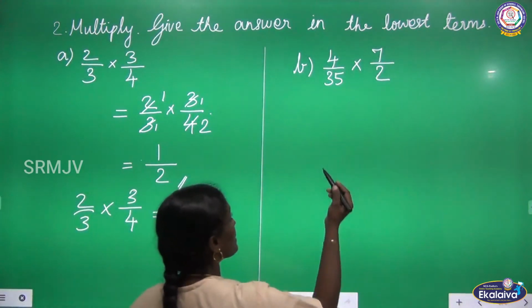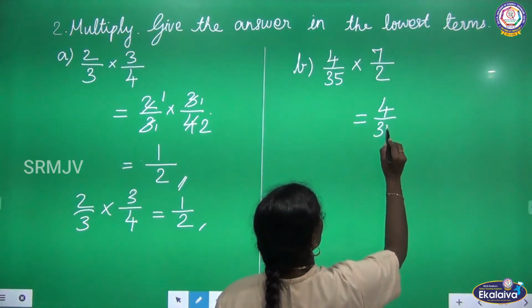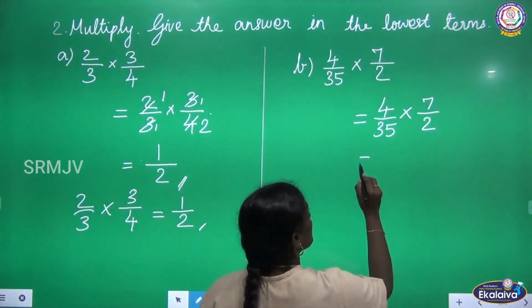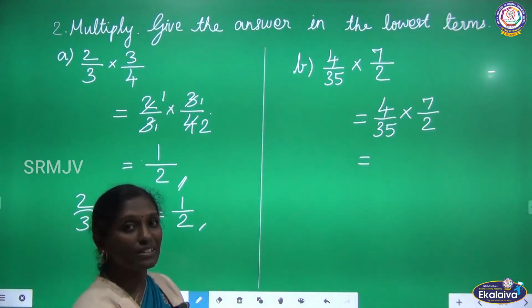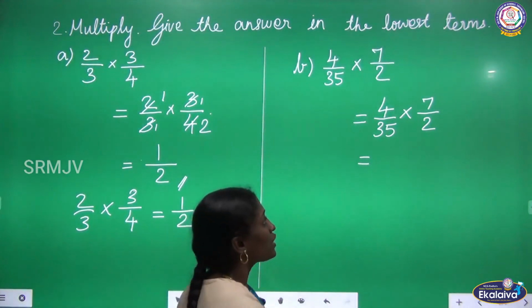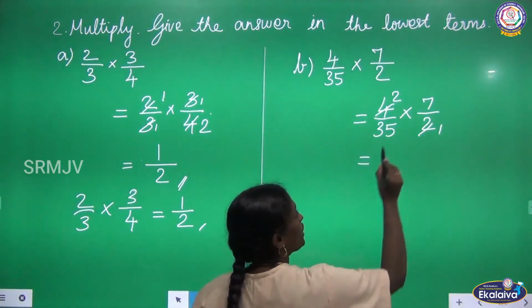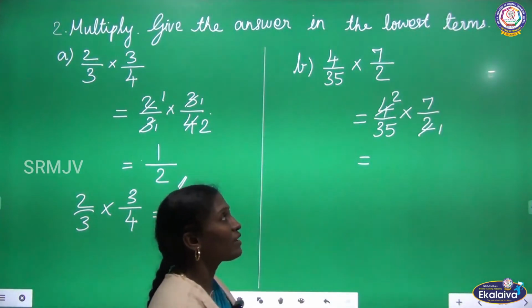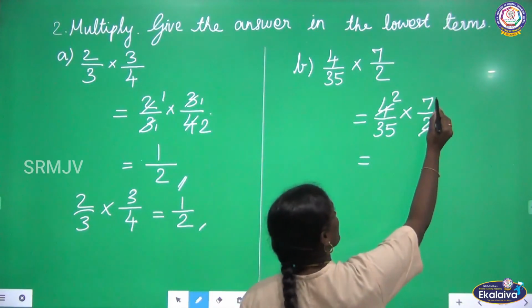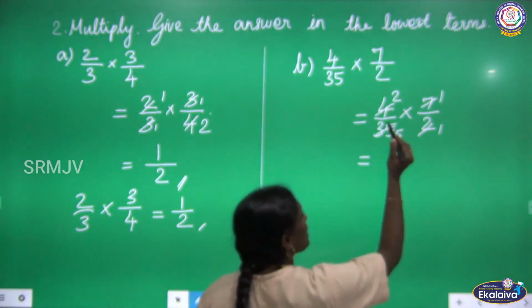Okay. Then see the next set of fraction. 4 by 35 into 7 by 2. Here can we reduce the numerator numbers and denominator numbers? Yeah, here 2 and 4 we can reduce in 2 table. In 2 table 1 time, in 2 table 2 times 4. Here can we reduce 7 and 35? Yes, 35 is the multiple of 7. 7 5s are 35. So we can reduce 7 in 1 time. Here 7 5s are 35.